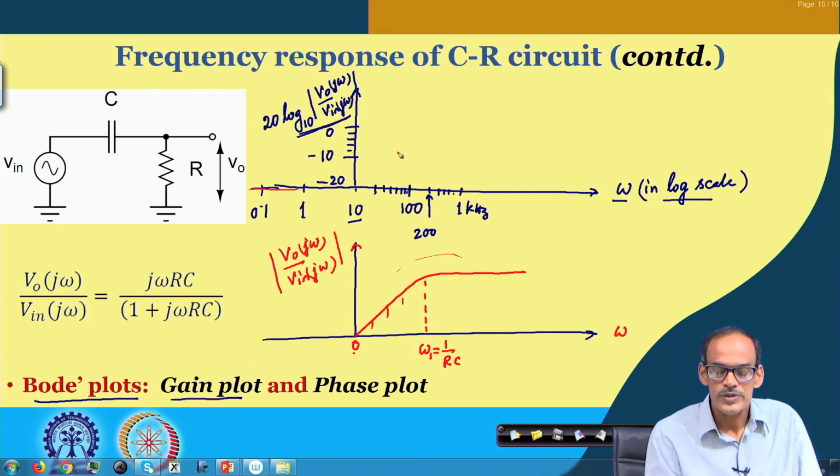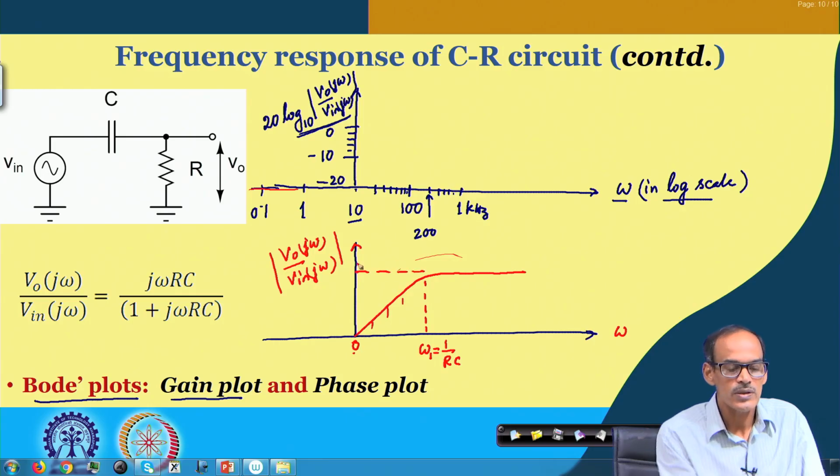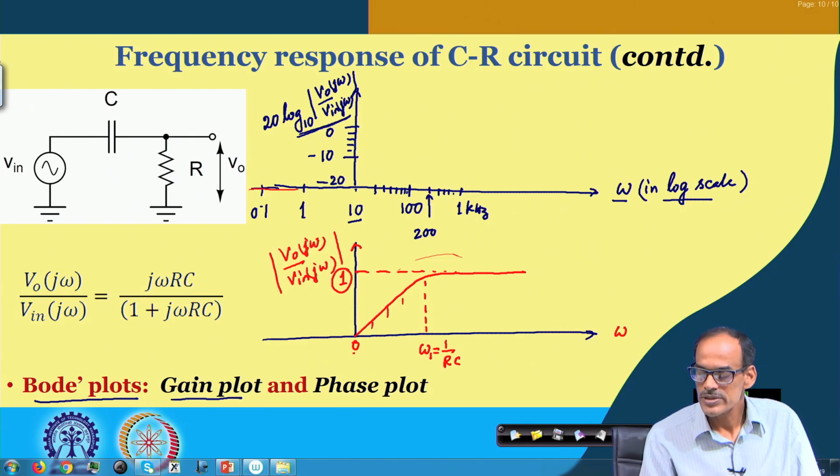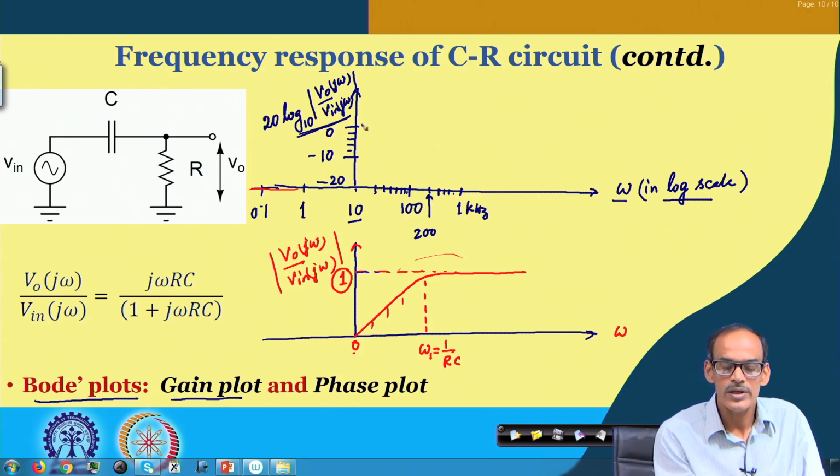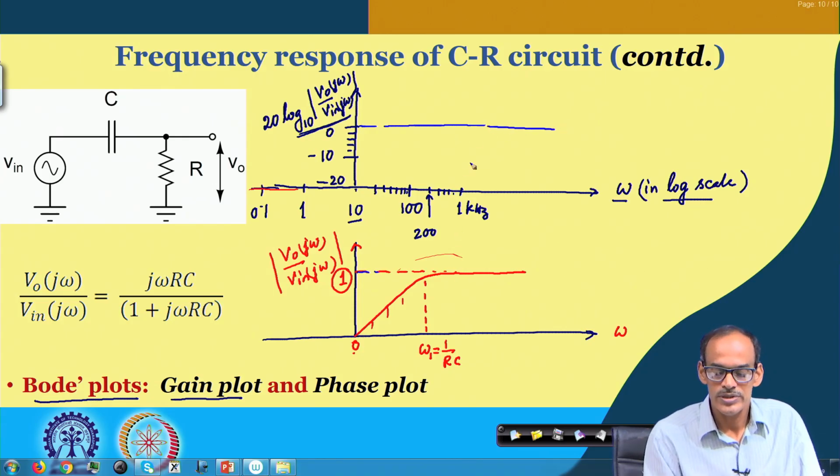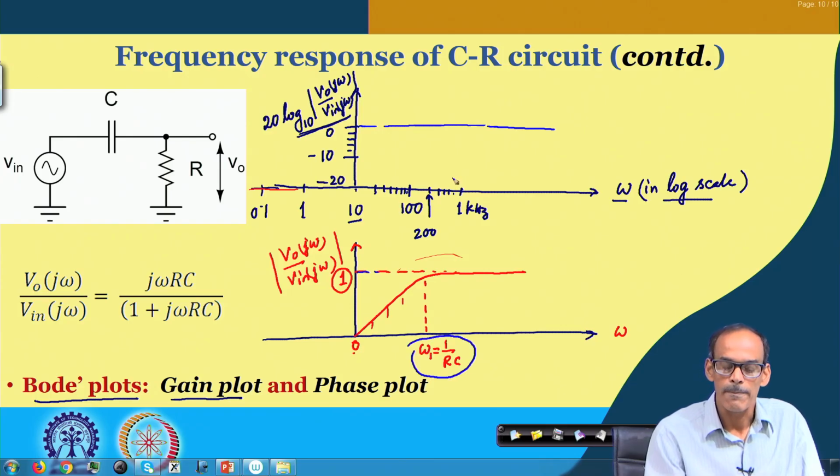So, how will you plot? First of all, this magnitude, since it is a simple RC circuit, we have seen that it is saturating towards a value of 1, and if we take log of 1, we will get 0. Which means that this level is coinciding with 0 dB. Okay. So, this is coinciding with 0 dB, and say this frequency, suppose it is somewhere here, maybe let us say here. So, we call this omega 1, which is equal to 1 by RC,